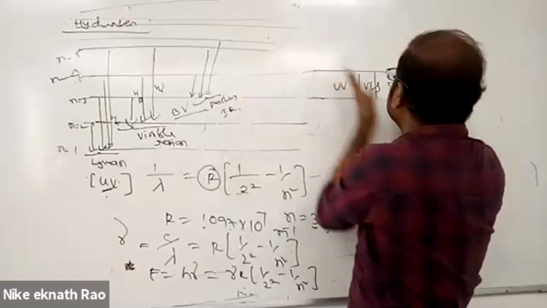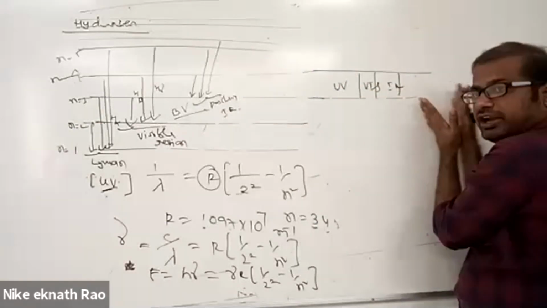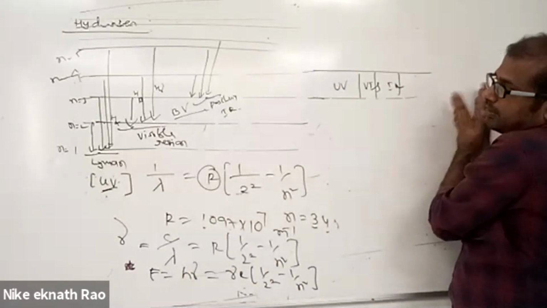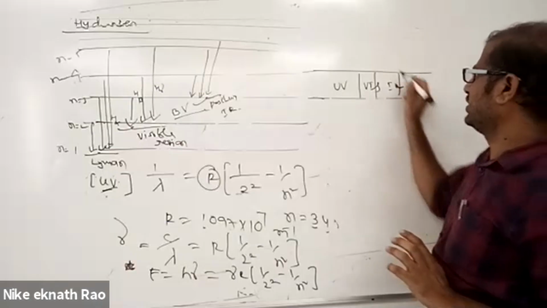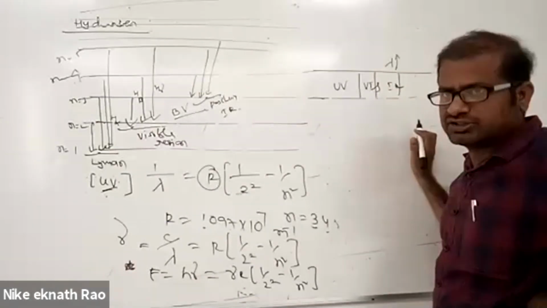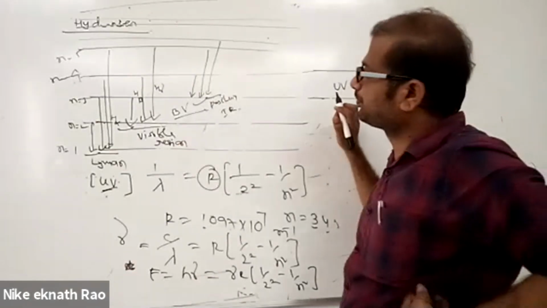So what is the lower wavelength? It moves toward infrared, far infrared, microwaves. Okay? Wavelength is increasing. Wavelength is increasing. Frequency is